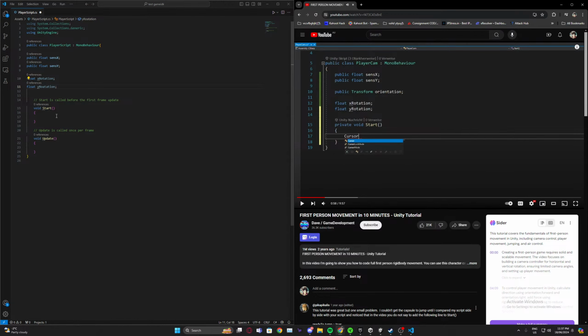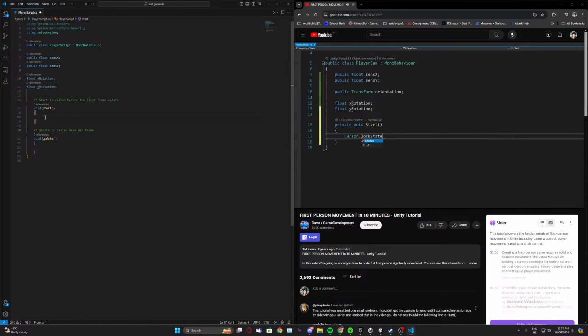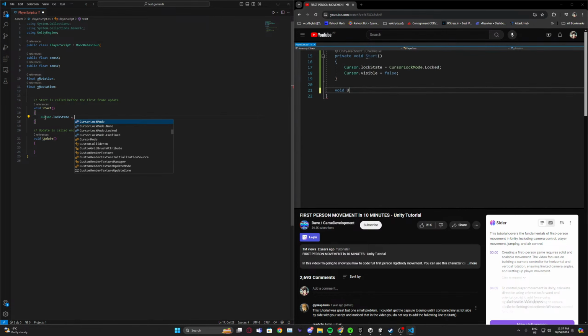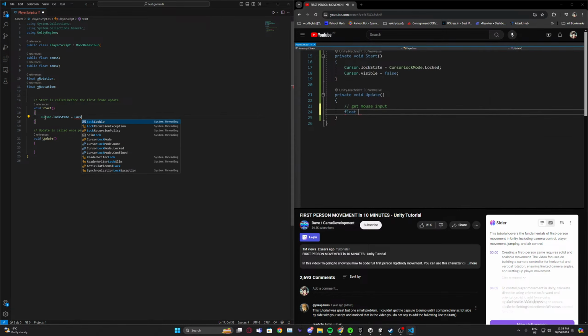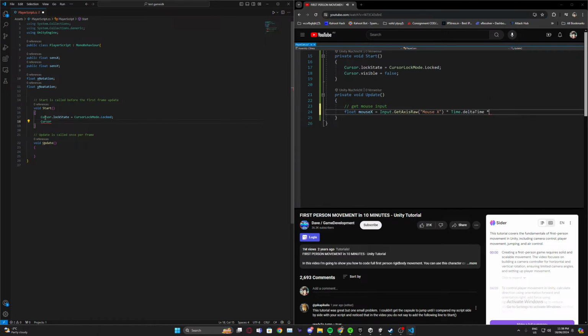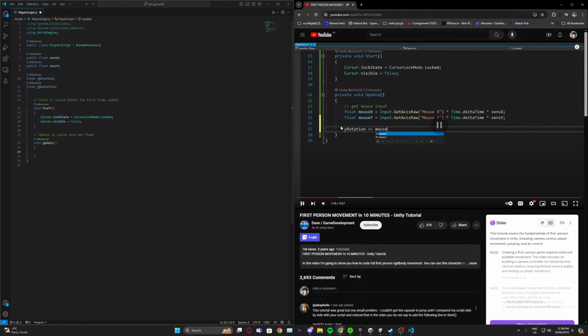Okay. So just open void start and make sure that the cursor is locked in the middle of the screen and also invisible. In void update, we can now get the mouse X input by using input.getAxisRaw mouse X, and we're going to multiply that by time.deltaTime and our X sensitivity. And you can repeat the same thing for the mouse Y input. Next, you just add the X input to your Y